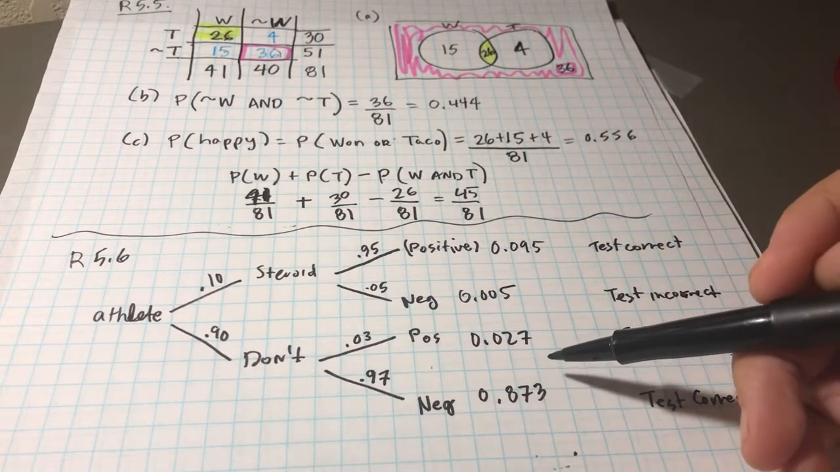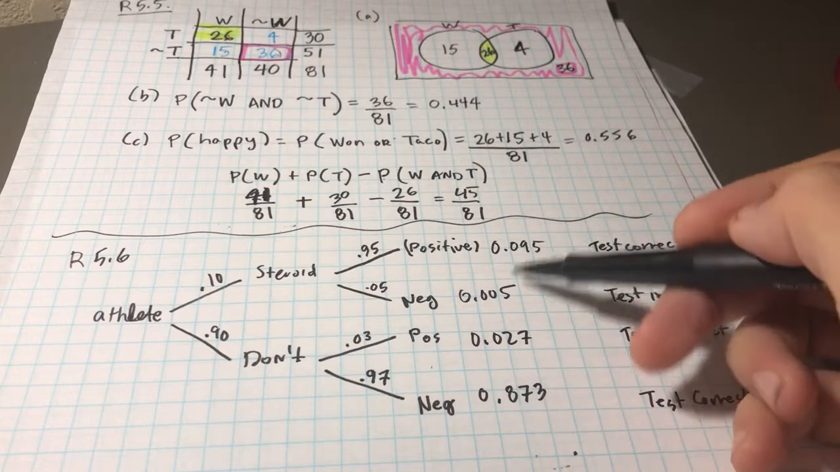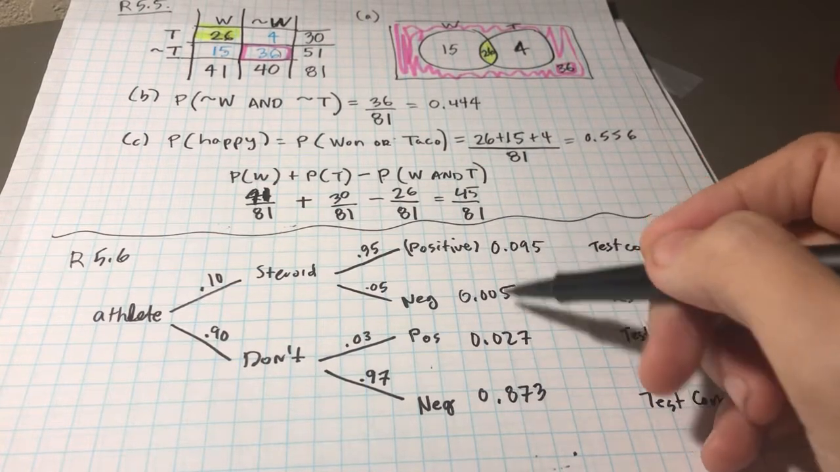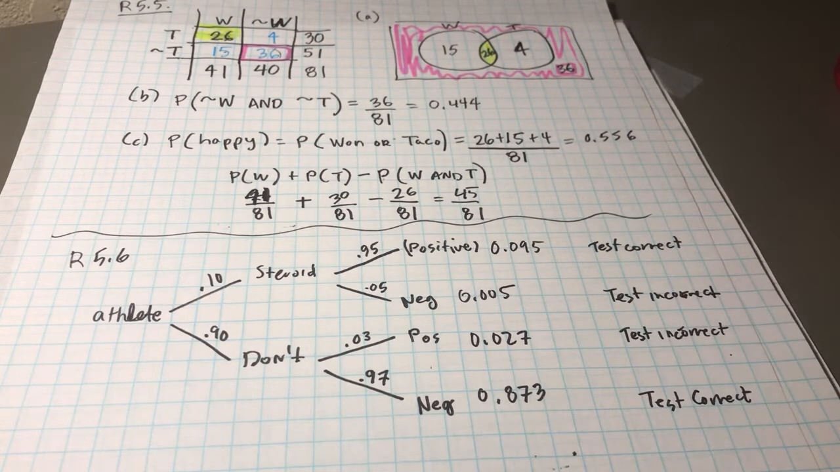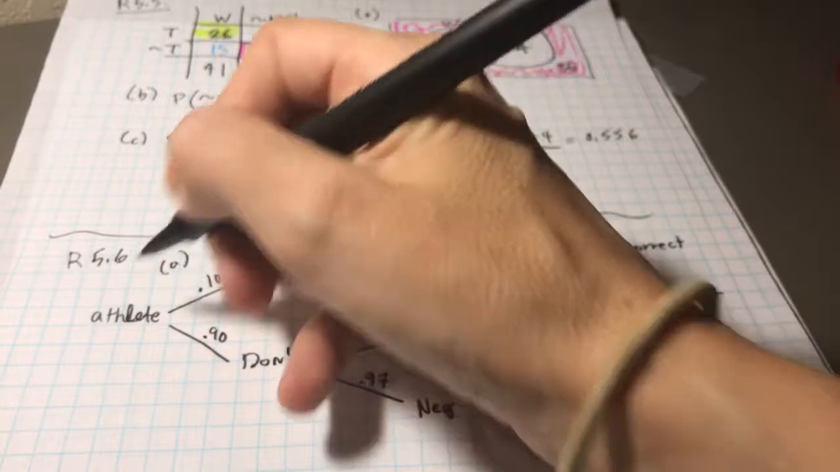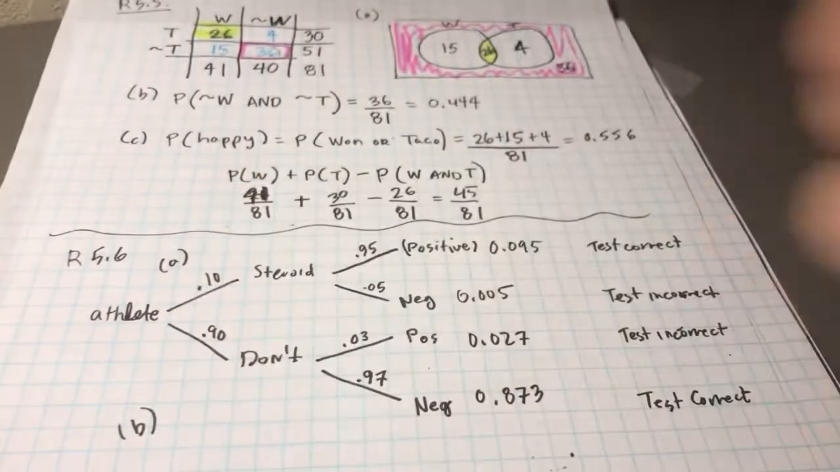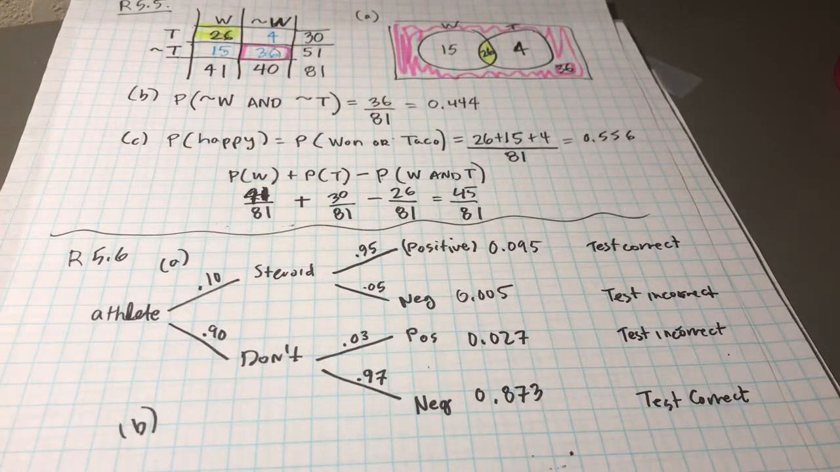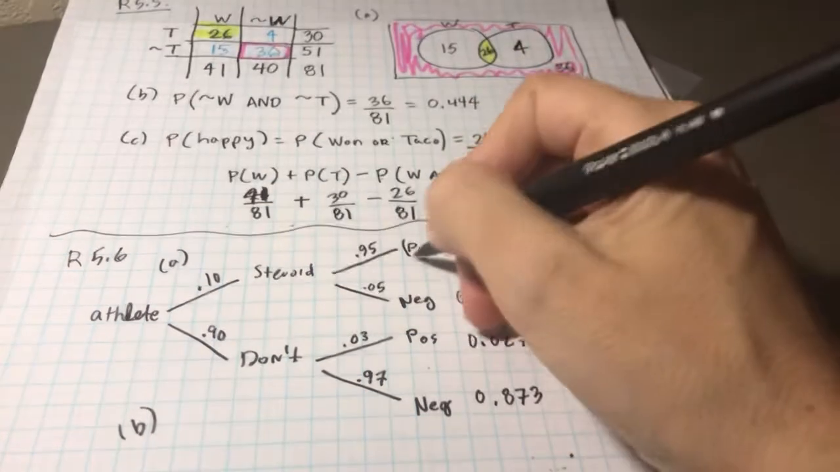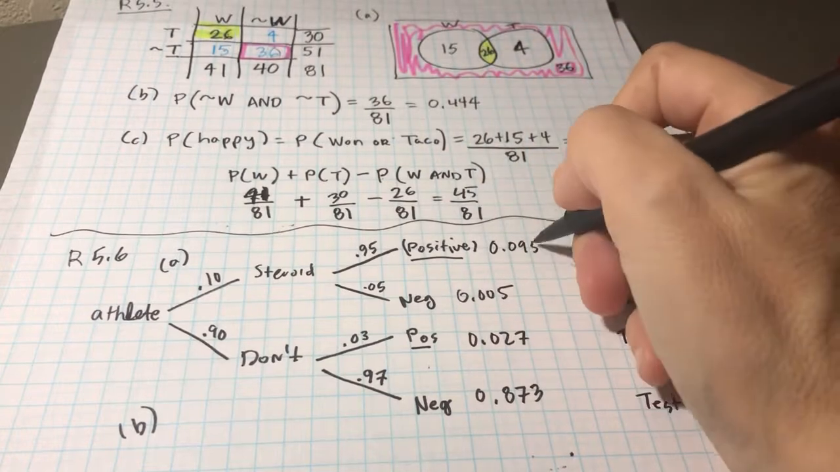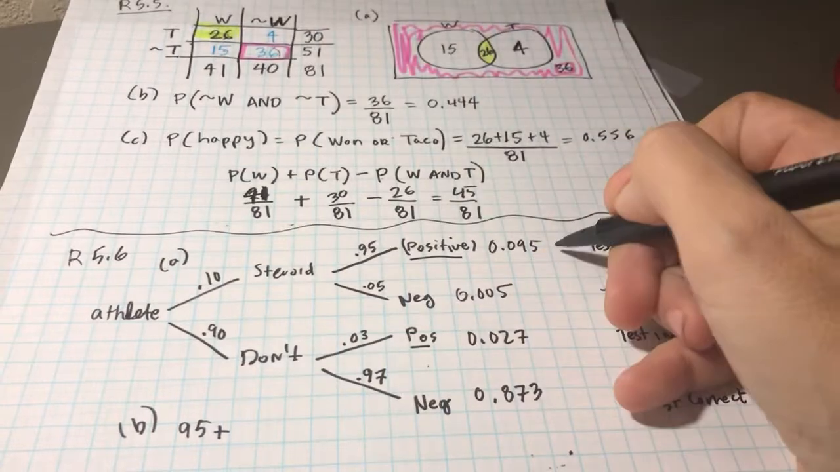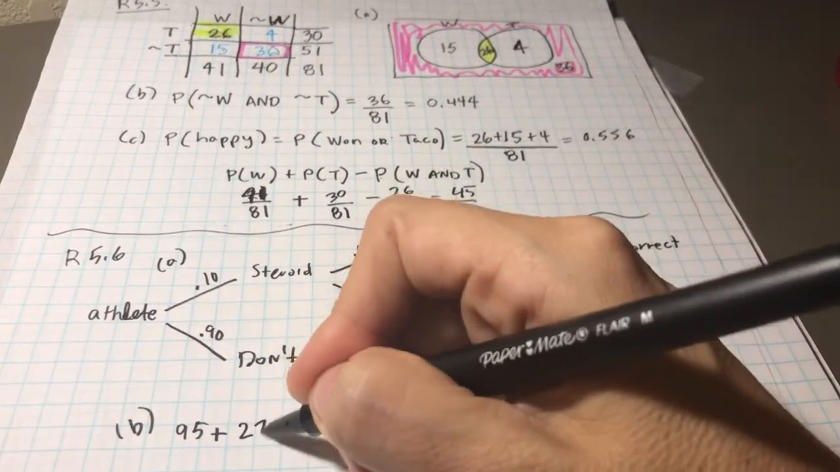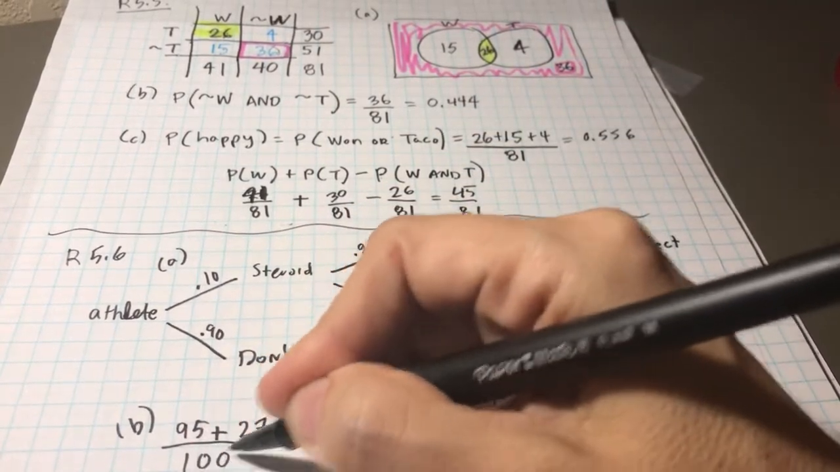steroids. So now if we understand what each of these four numbers mean, and they also should add up to 1, then it is probably helpful to answer the second part. So this is A, make a tree diagram, and B, what is the probability that a randomly selected athlete tests positive? And so notice these are the two groups of people testing positive. So it would be these 95 people plus these 27 people out of a total of 1,000 people